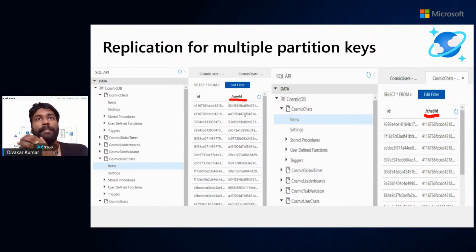I normalize this data as well, which is required to show the left portion of the chat application, where I need to show to whom I sent a message, what the last message was, and also the icon. Those things I store in a different container with a different partition key. The partition key you can see here is the user ID. Whenever I retrieve the left portion of the screen, I use this user ID as the partition key, and whenever I retrieve the list of messages, it is the chat ID. So this is one way of replicating your multiple partition keys.